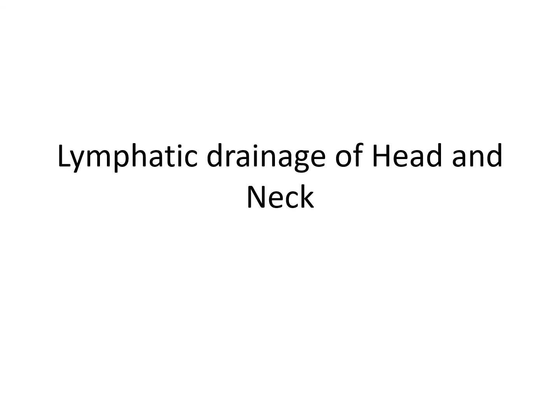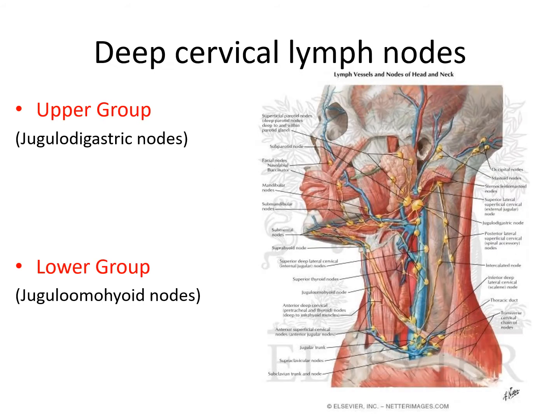So today we are going to talk about the lymphatic drainage of head and neck. Out of 400 to 450 lymph nodes which are located in our body, most of the lymph nodes are present in the region of head and neck. So the knowledge of the lymphatic drainage is very important because few cancers which arise in this region have a predictable course or patterns of spread through these chains of lymph nodes. So that is why the knowledge of their location is important.